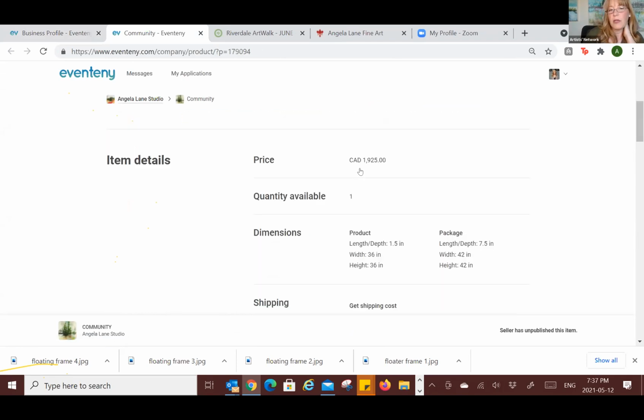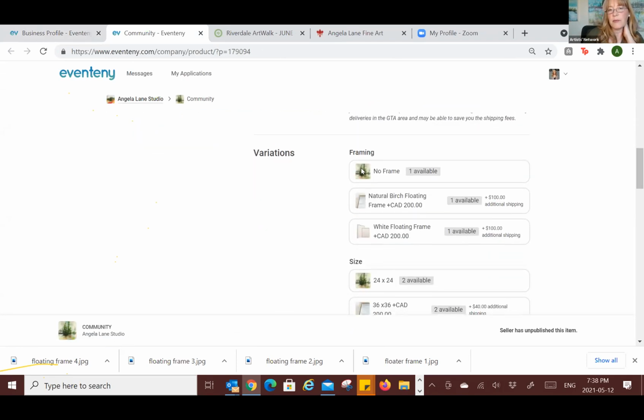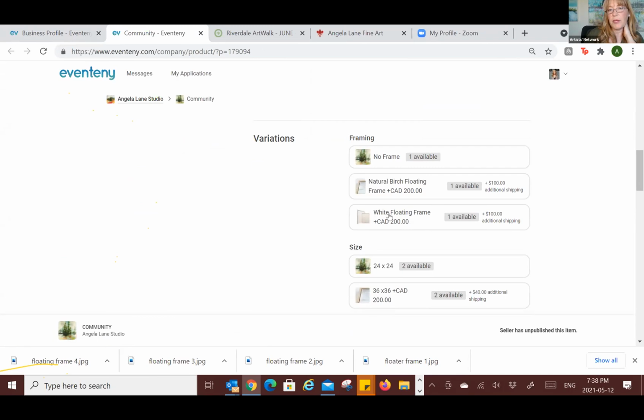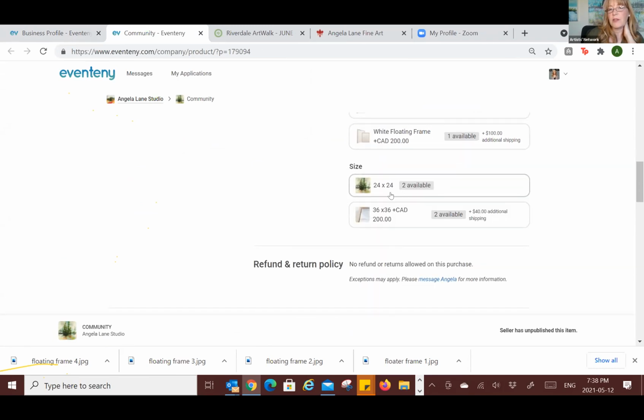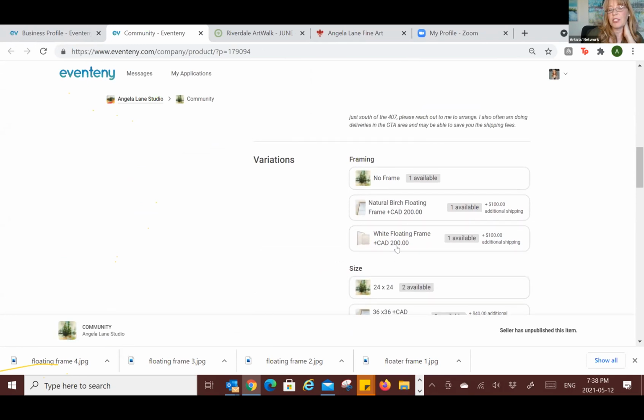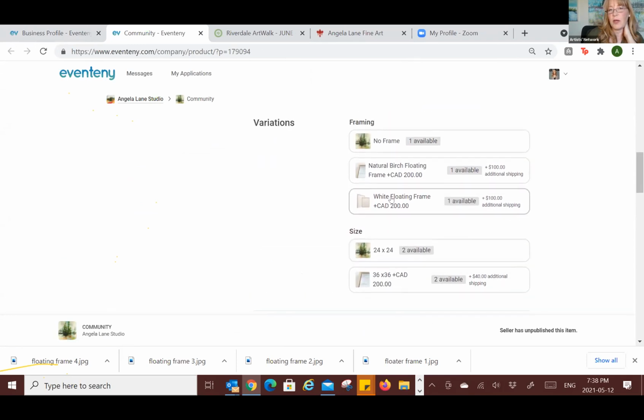So right now I have, it can get confusing, variation. So I can pick my framing and it's this much. I can also pick my size. But the challenge becomes if you have too many variations, it gets very, very confusing. I would just do 1 on this product. I don't think I would do 2, but you just have to really make sure you set your